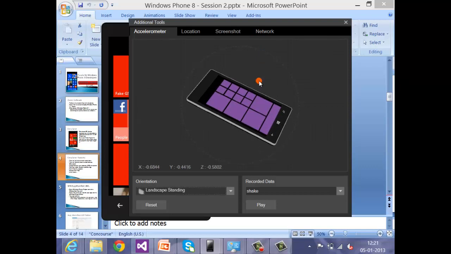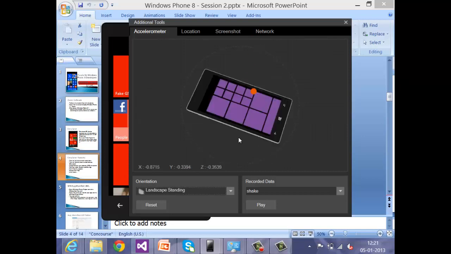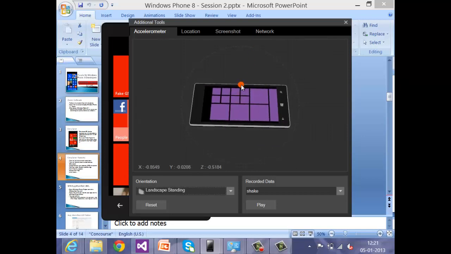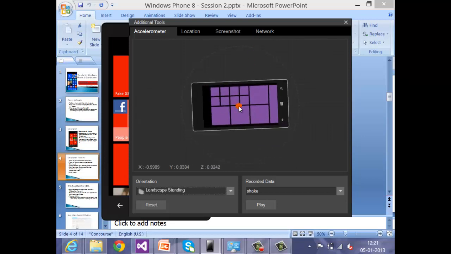Just tap on the red point there and then start moving the emulator out. So you'll also get the X, Y and Z coordinates, so you can write your business logic accordingly in case you're using the accelerometer feature of your Windows Phone emulator.